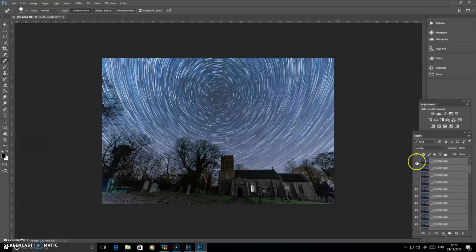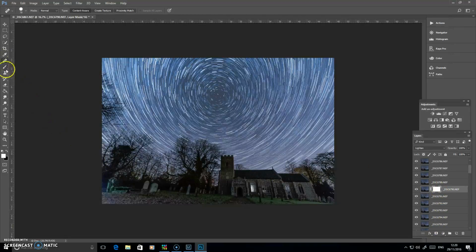One of these, yeah, that one, right. Now you can see on the bottom left-hand corner of the image there, if I turn that off, you're losing a little bit of that light there. Okay. So what we can do with that particular one, select that layer, create a layer mask using this icon here,